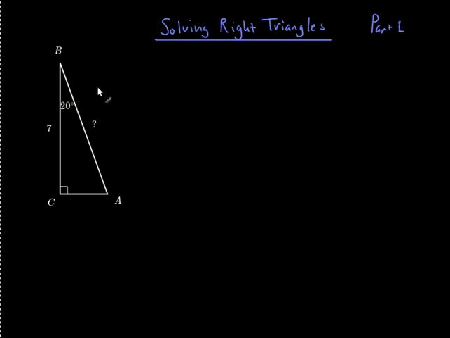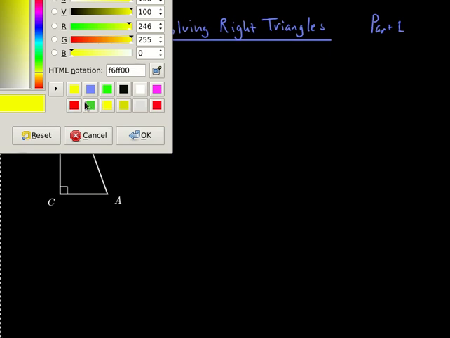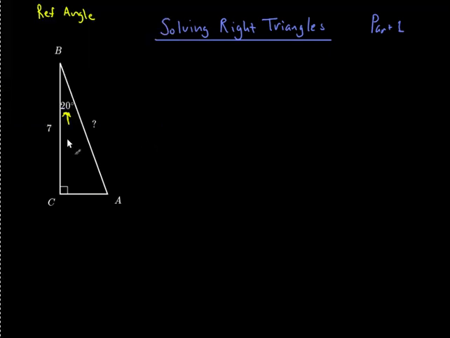The first part that I want to draw your attention to is the reference angle, and I'm going to go ahead and change the color. So we have this thing right here, and that is the reference angle. The reference angle pretty much tells us whether one side is the adjacent side or one side is the opposite side. The easiest part of any right triangle problem is always identifying the hypotenuse, because it's always the longest side,